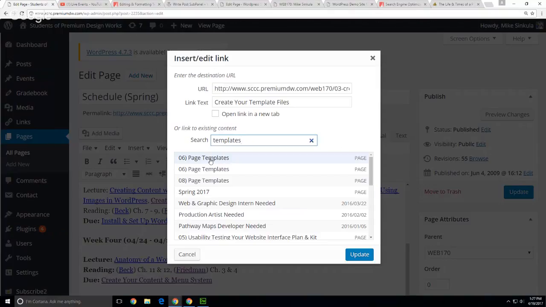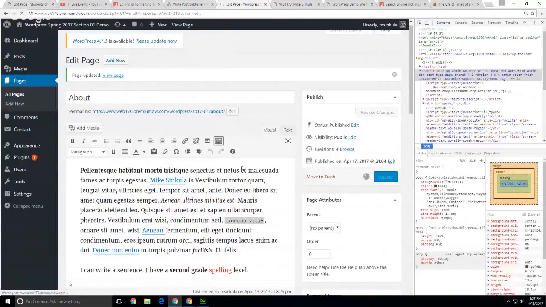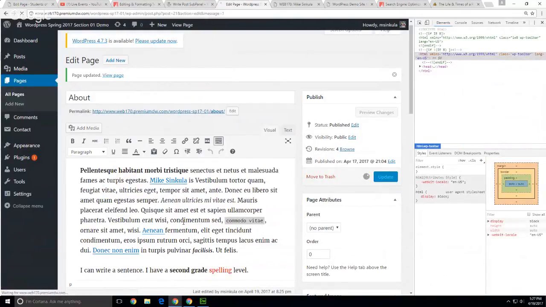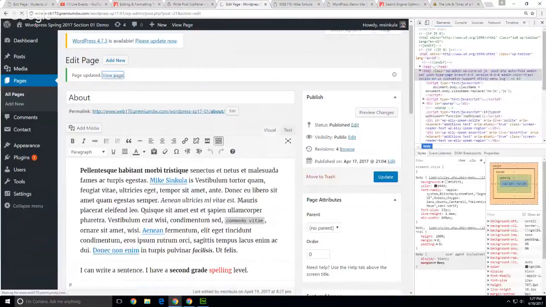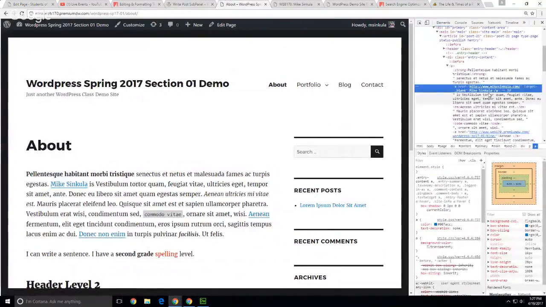But the thing with doing these links within your site, outside of your site, etc., is this. Anytime that you put in some kind of a link, whether it's internal or external, it is always going to give you the absolute path of the link. So notice how it has the domain name and everything in the link path. Sometimes I've run into trouble